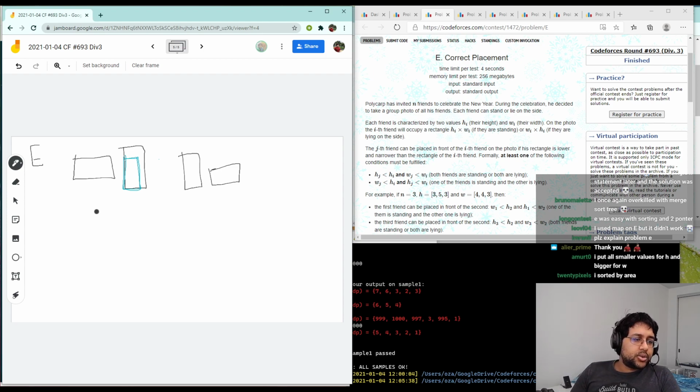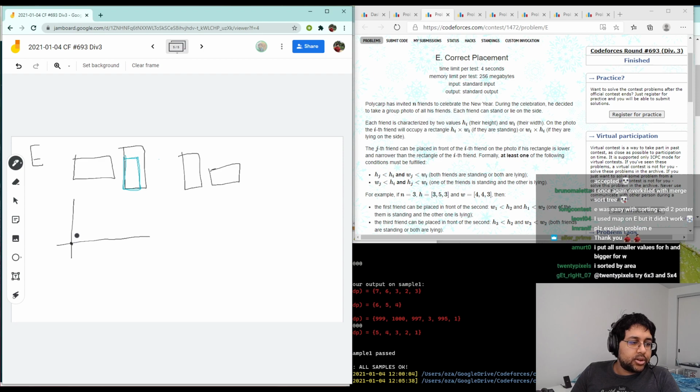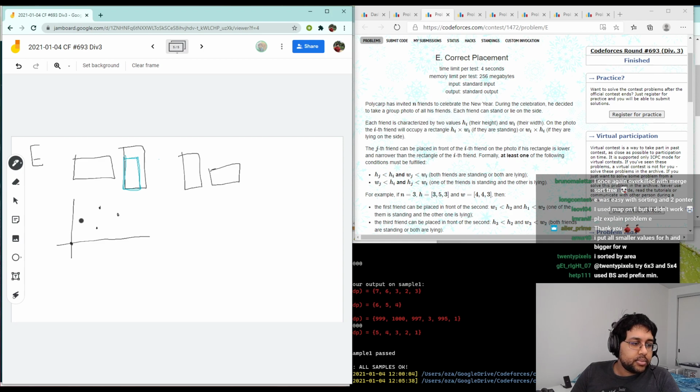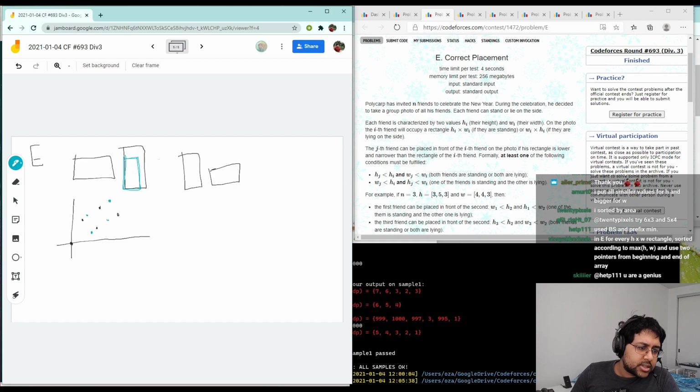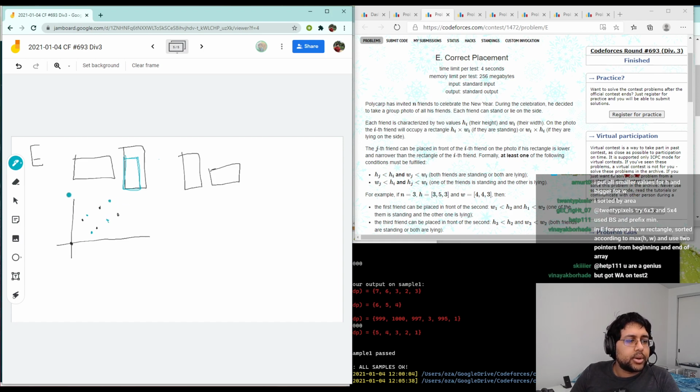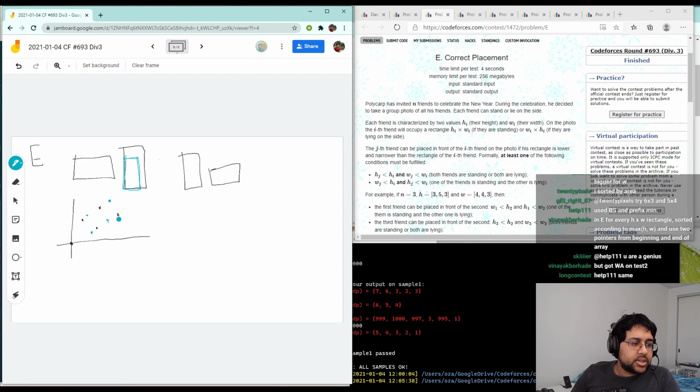So the cool thing that you can do here is I actually visualized all the rectangles as points. I just put their lower left corner at the origin, and then each rectangle becomes some point here. And then you also want to draw all their transposes. This is kind of a funny diagram. Anyway, once you draw their transposes, if you sort the points by x coordinate, you can sweep through, and you can keep track of